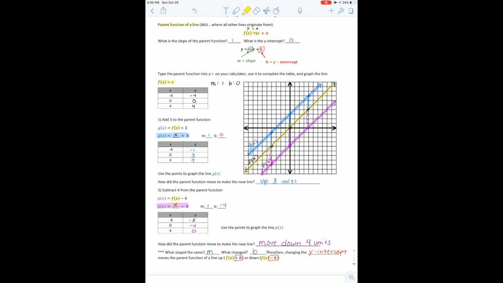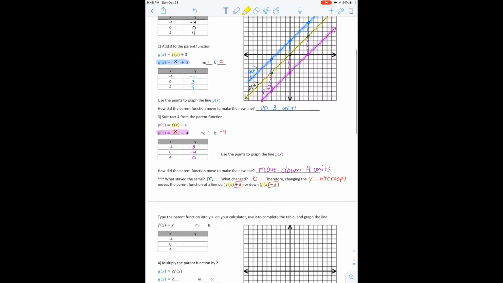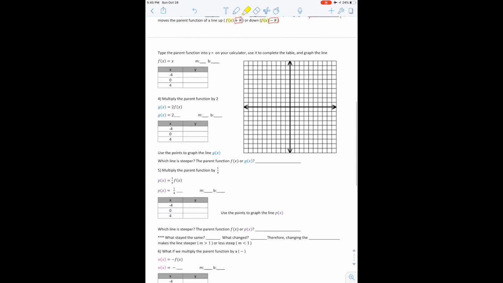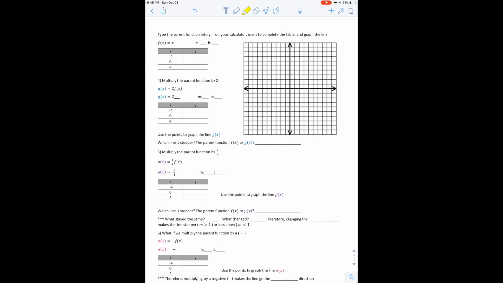If we subtract from it, that's going to move it down. All right, so now let's look at what happens when we change the m, which is our slope. So we're going to start with our parent function again, because remember, we always want to have a baseline to compare to. So from our parent function, our slope is 1, the y-intercept is 0, and we get these points,